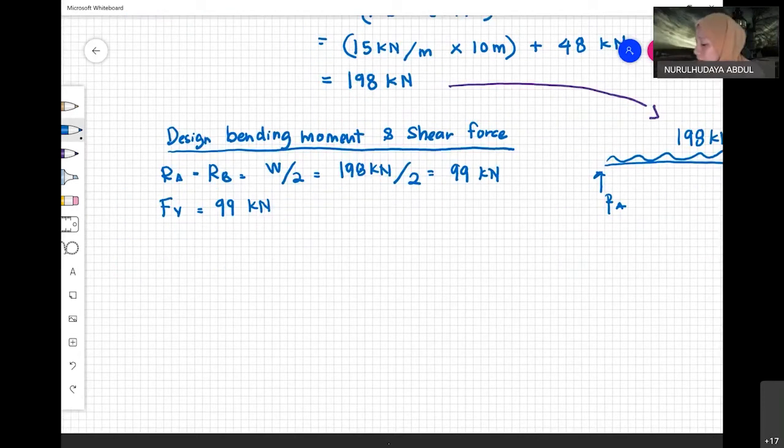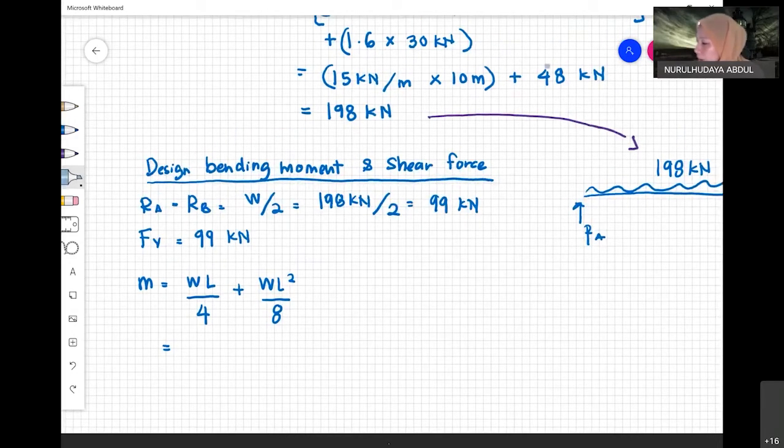We calculate the moment. Because we have one point load, so kita masukkan formula point load yang actually at the midspan of the beam, which means that this is going to be the formula so that we don't need to draw the bending moment diagram and shear force diagram. Kalau you pakai cara susah, then kita kenalah lukis SFD and BMD tu. Ni shortcut because dia kat midspan and also the UDL along the beam. And then W here, we just pick up the value from here, 48 kilonewton. Just pick up that value because